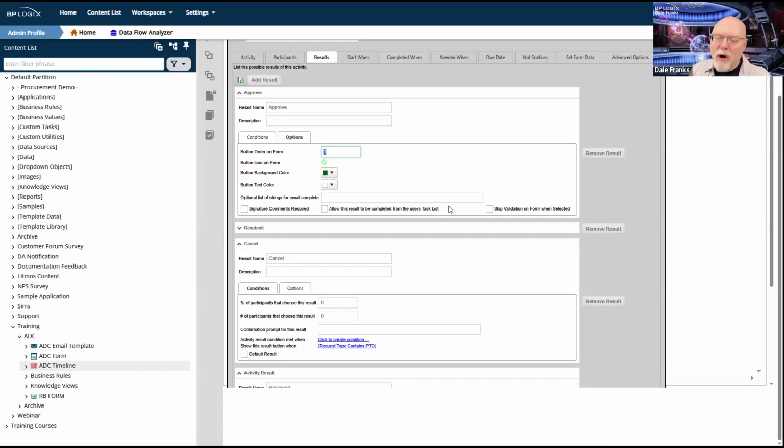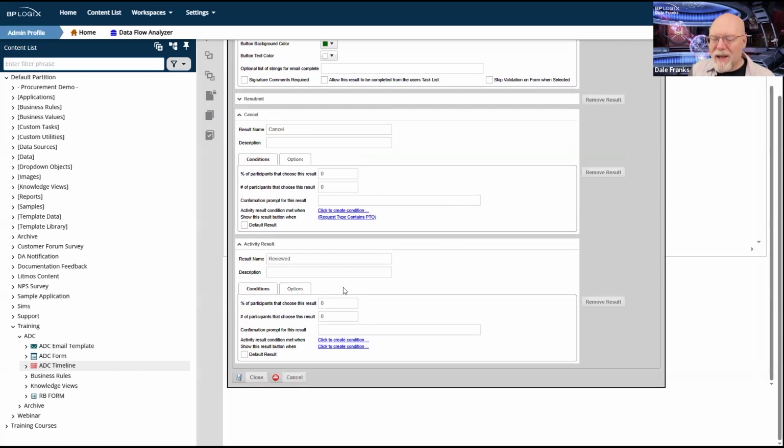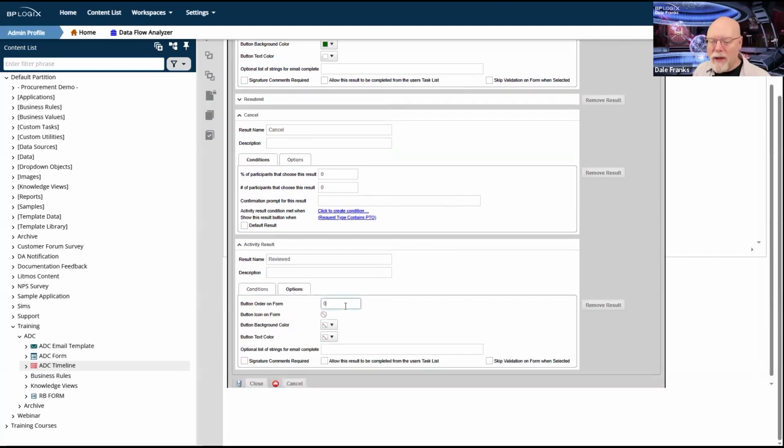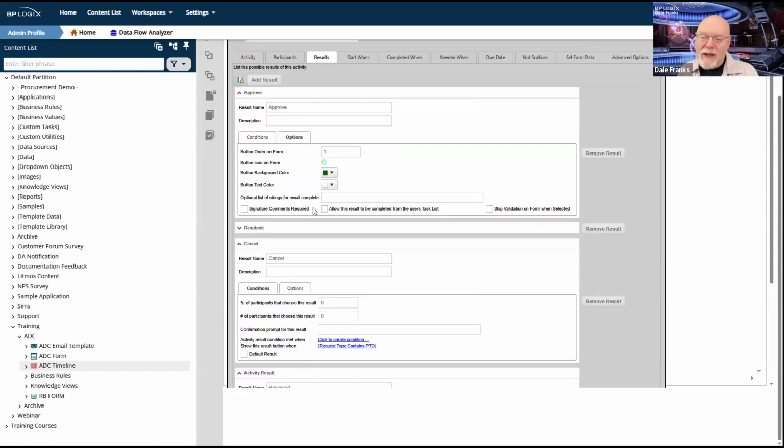Button order on a form, as we've talked about many times, is important. So I need to figure out where this goes in. Is reviewed a positive? Yes, it is. I'm only going to look at it. I'm not going to do anything negative, so I'm going to count this as a positive result. Obviously, I want reviewed to appear before resubmit. Now, unfortunately, all of these options are already numbered.